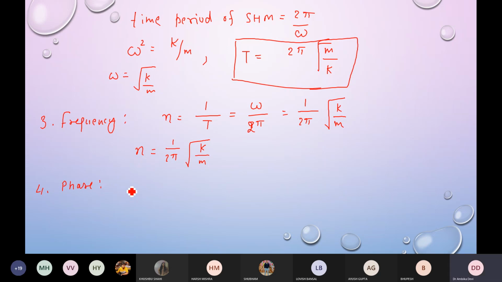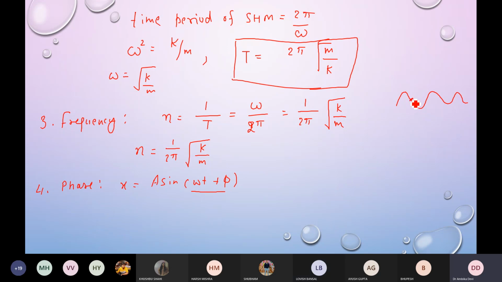So in the solution of simple harmonic motion, the equation was x is equal to a sine omega t plus phi. If you see this equation carefully, this quantity is known as the phase. This is called the phase of the vibrating particle. Okay. So phase means what? I told you in the last lecture also. Phase means the quantity which is describing the direction as well as the position of the particle at a particular instant of time. Let's say if the motion is repeating like this.